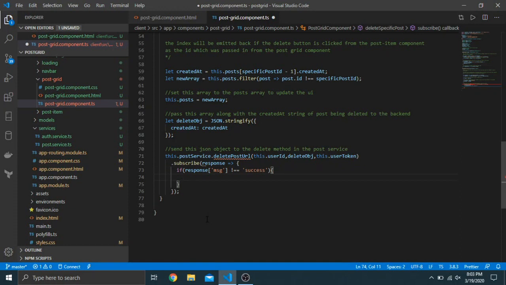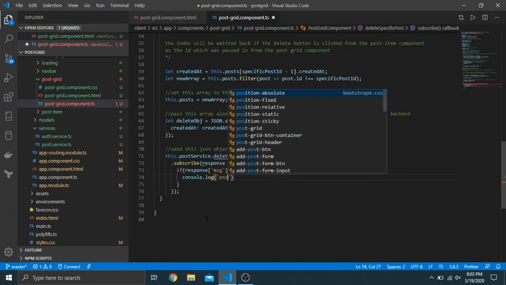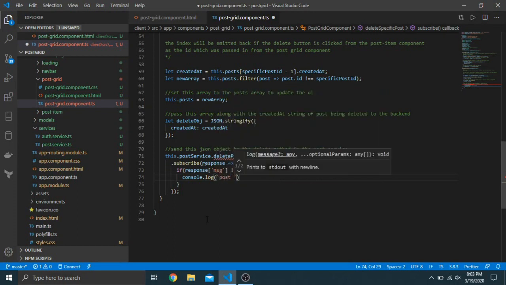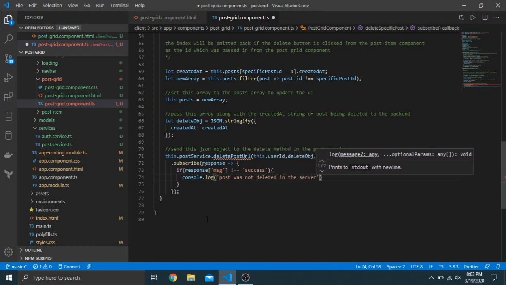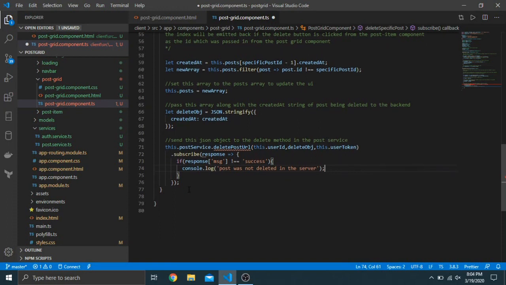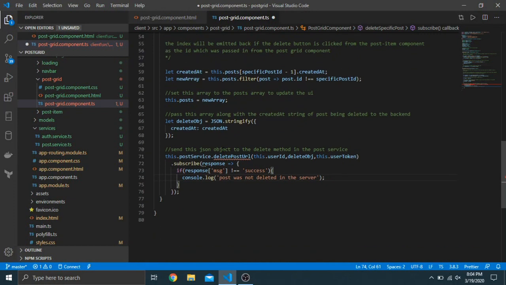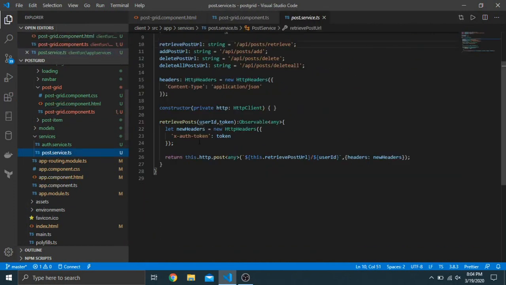Then I want to basically just log a statement that just says post was not deleted in the server. And then that'll be it for the delete specific post method. But now I gotta go inside of the service and actually create that method. So if I go into the service,